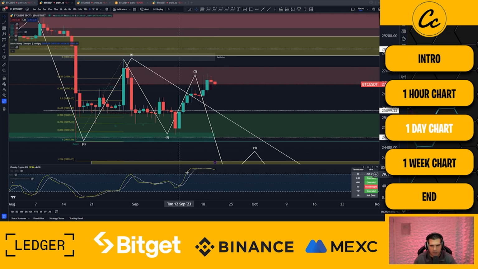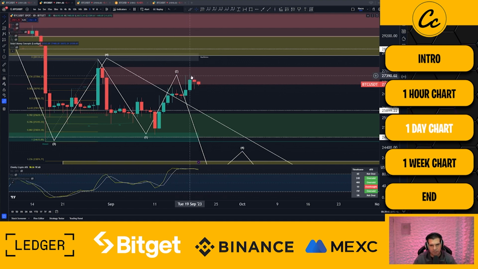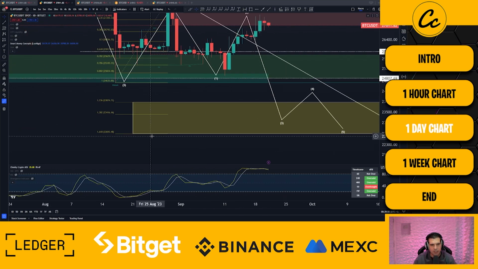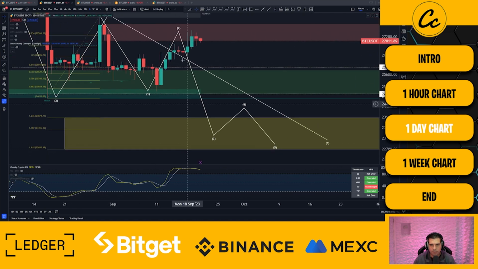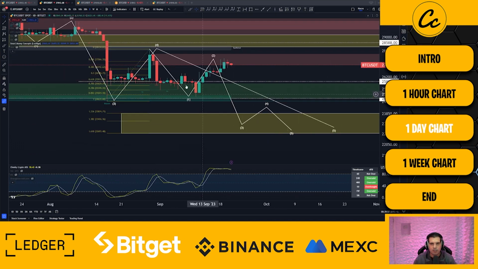This move to the upside has brought our momentum indicator into an overbought range, which is basically showing us that we're having a weakness and we're likely to see reversal as momentum shifts back into more bearish sentiment. So although there's potentially some bullishness going on here, for the most part, it's not looking overly that way. Now, we are of course looking for this move to the downside, which is targeted at 22,693 to 23,874. That's going to be the third wave drop. And as long as we are below 28,588, this structure is valid. So we still look for further downside on the daily time frame.